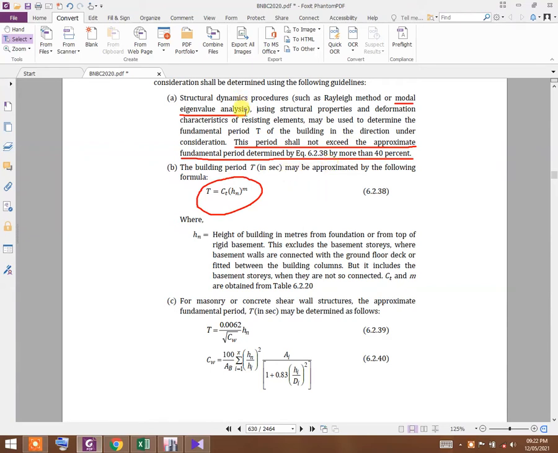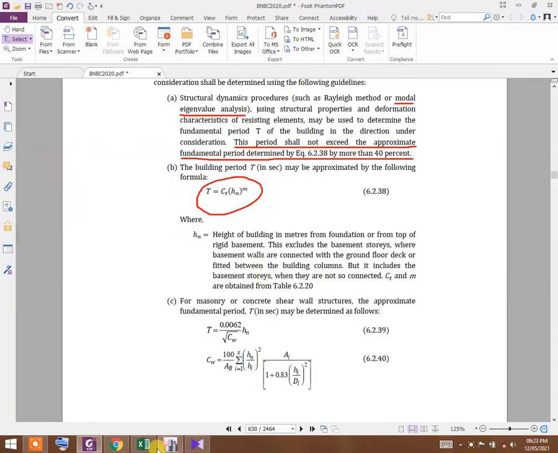Then we have to compare the exact building period value with the approximate building period. If the exact building period differs from the approximate building period by more than 40%, then we should take the building period as the approximate building period. I hope that you have understood.